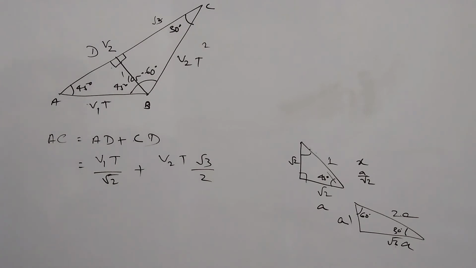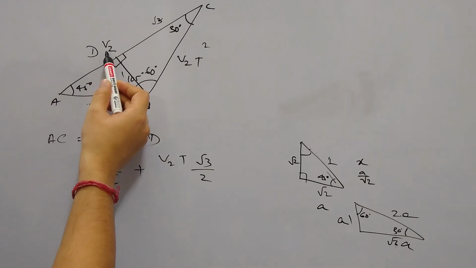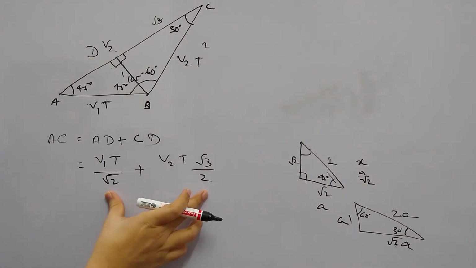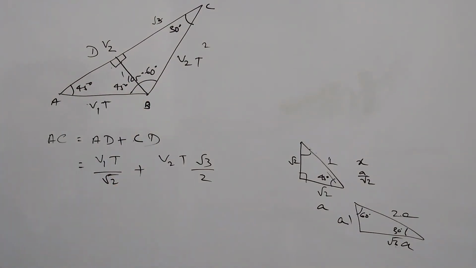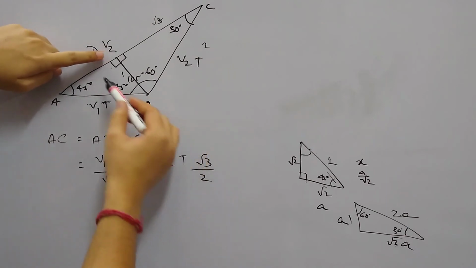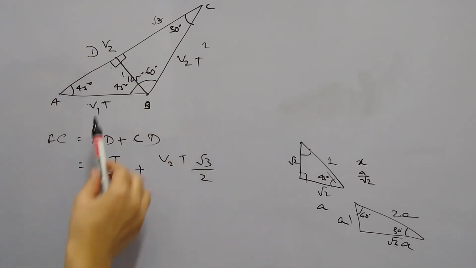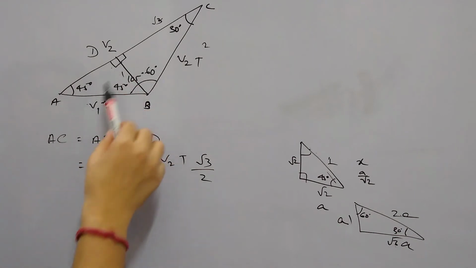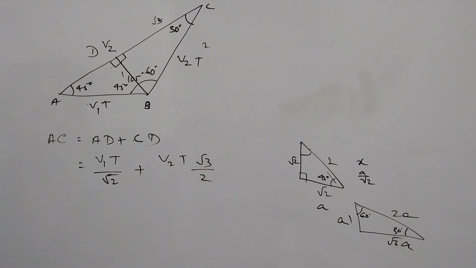Now we have got the AC, so we have got the distance covered by the girl. But we need to find out how long she is going to take. For that, she is traveling at a constant speed of v2. We can divide this by v2 to get the answer, but here we have v1. So first we need to convert this v1 in terms of v2. So how can we do that? See here in these two triangles, because we have divided and we have a common line BD between these two smaller triangles, we can establish the relations between the sides and compare V1 and V2.